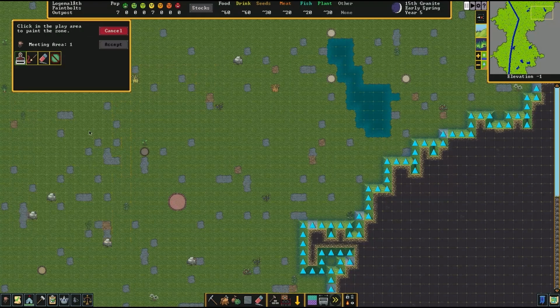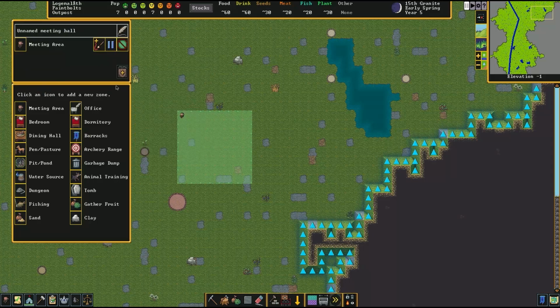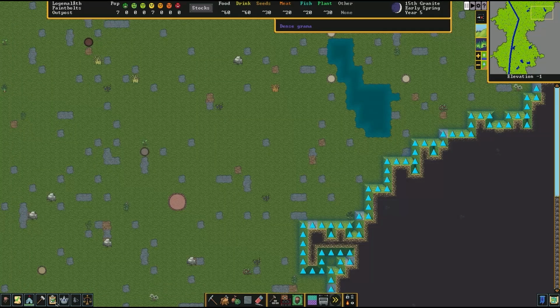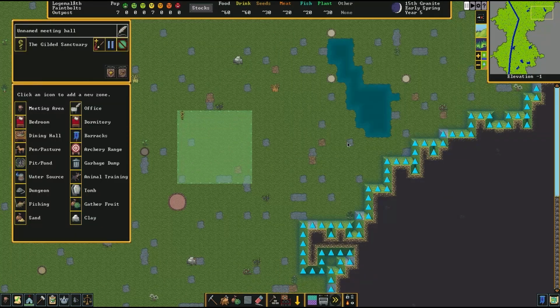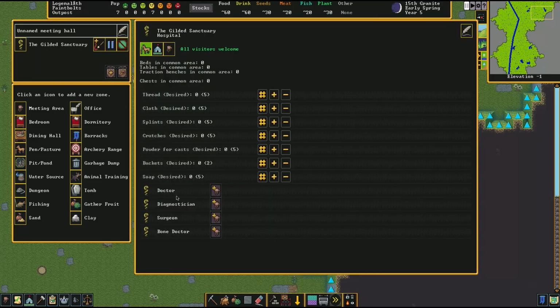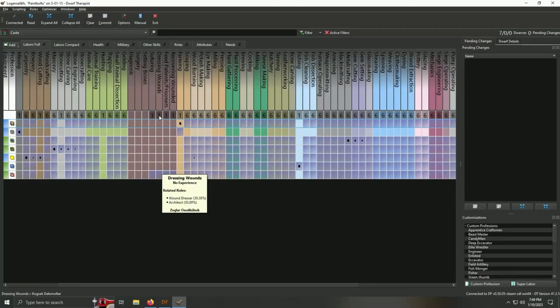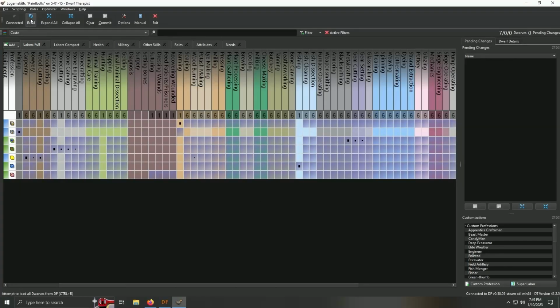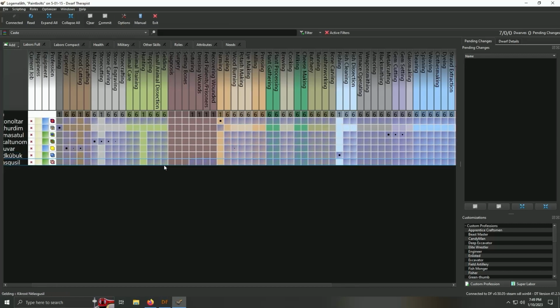There's a secondary thing with this where if you have a hospital, the hospital has a few jobs assigned to it. A doctor, a diagnostician, a surgeon, and a bone doctor. Many of you are assuming that the doctor job is what is doing the suturing and dressing wounds job. This is not true. The doctor job is someone who is